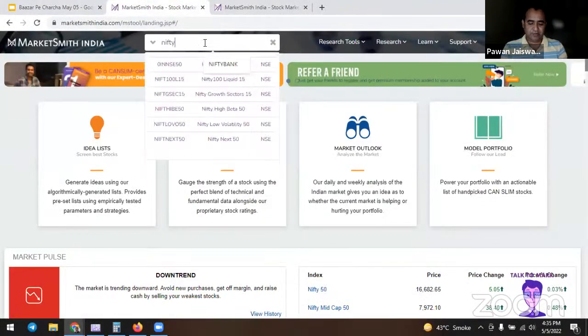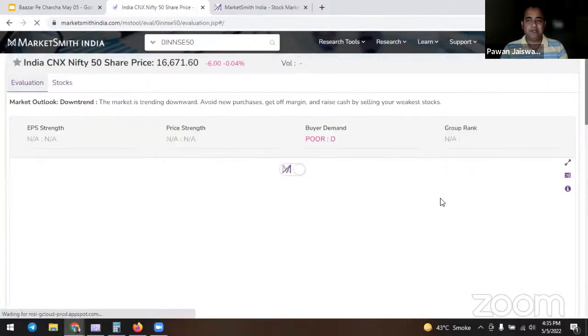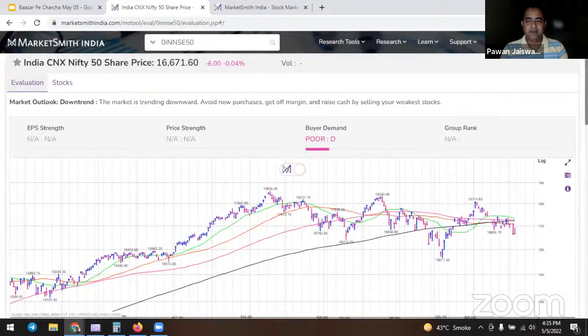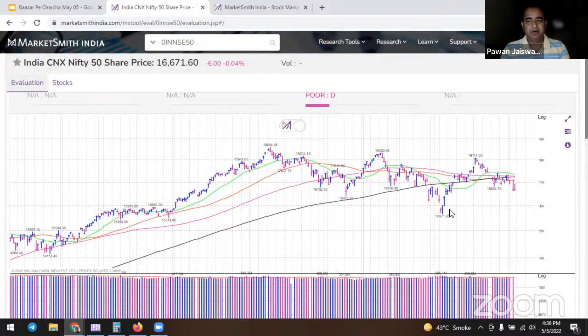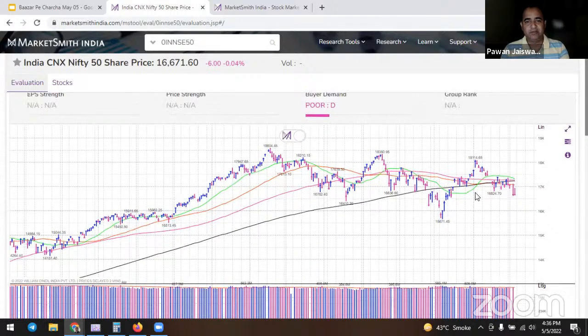So let's start from Nifty 50. If you remember, in the last Bazar Pe Charcha webinar, I clearly mentioned that in my opinion the next phase of correction is starting now, and the market is behaving in exactly the same manner that we expected in the last Bazar Pe Charcha. Now the market has breached key moving averages, trending below the 200 exponential moving average,